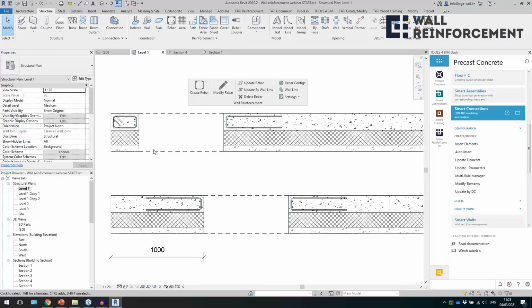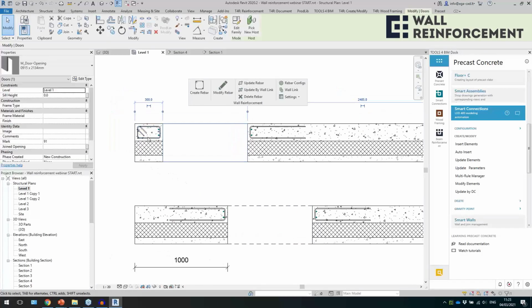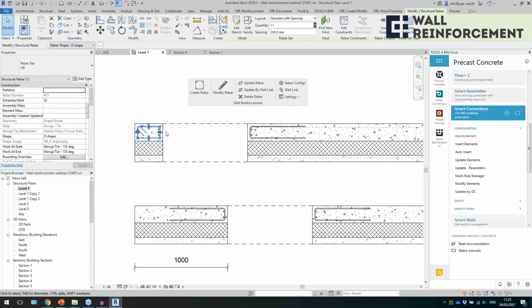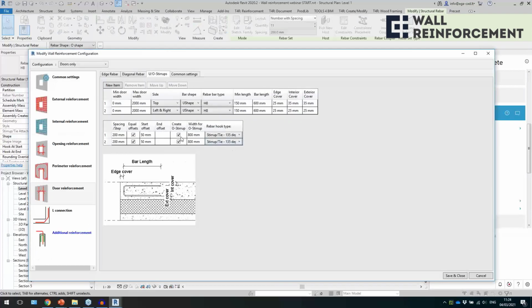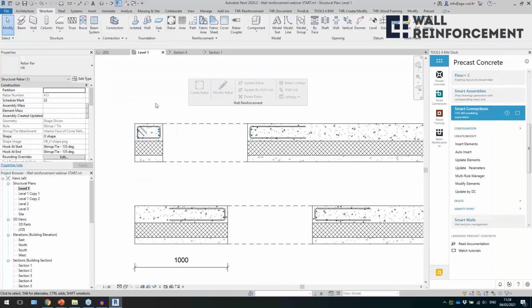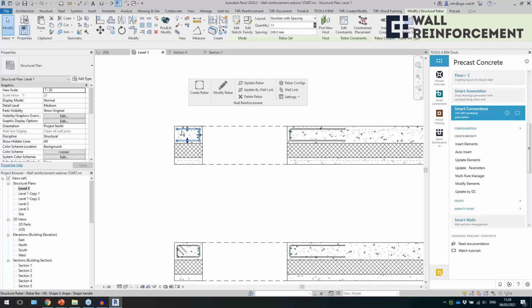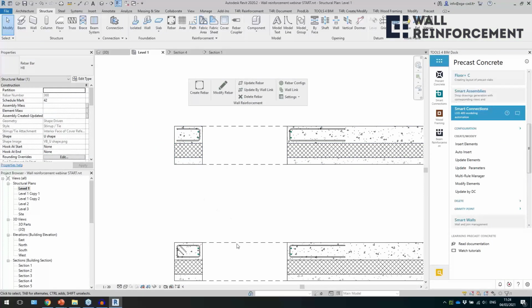But if it's closer to the edge of the wall, as I was explaining previously, if there is not enough space, you can create this one as an O shape, right? Create an O stirrup, or you can just leave it as a U shape. But